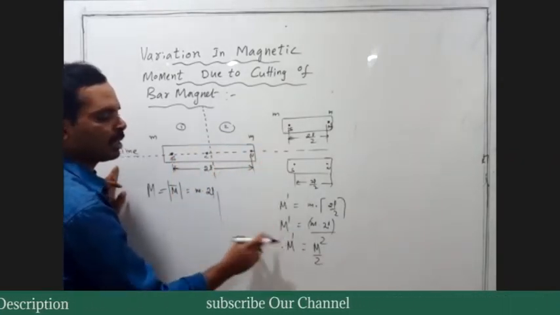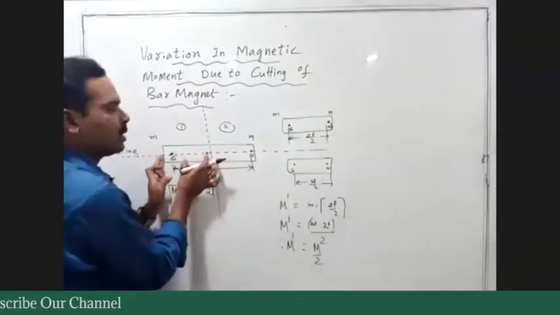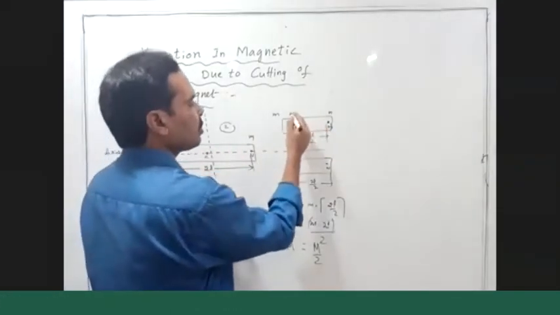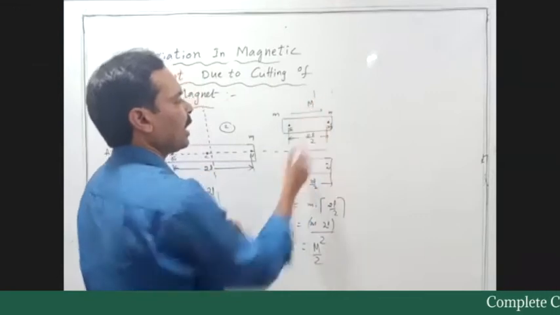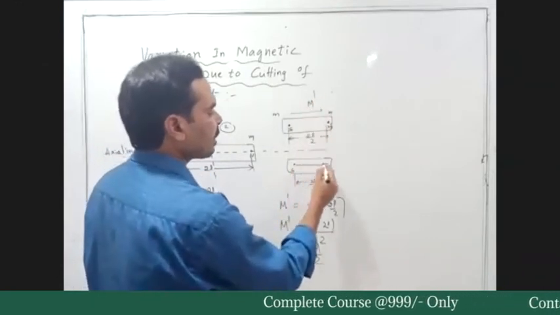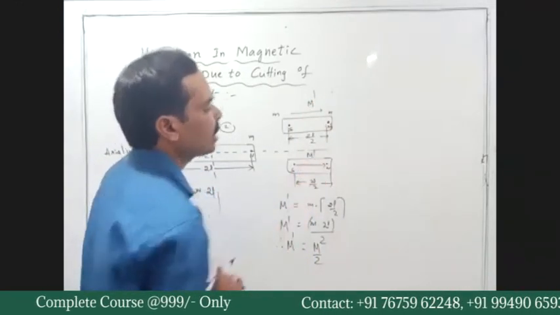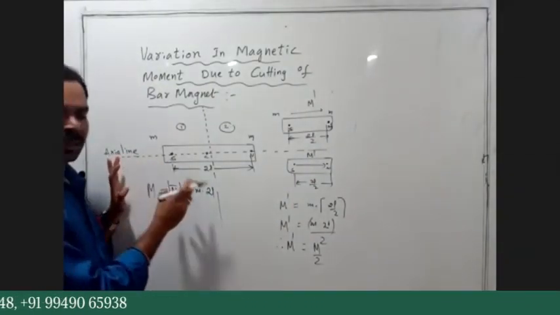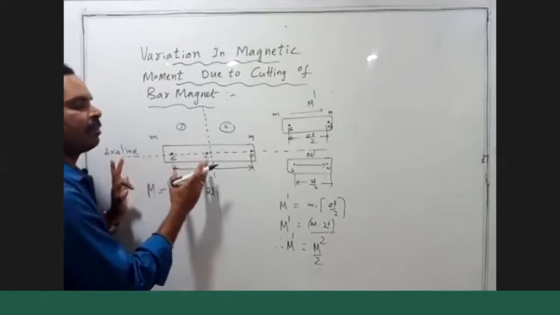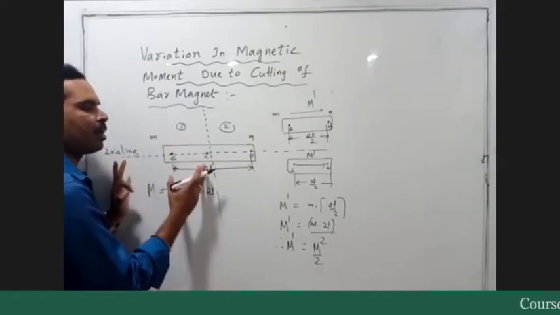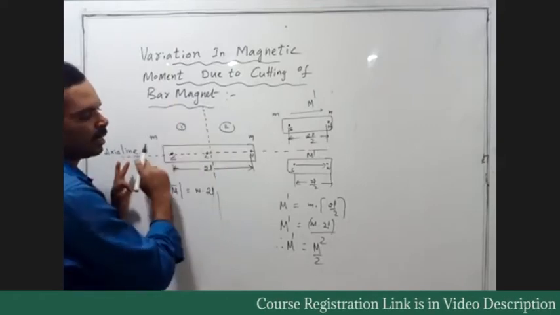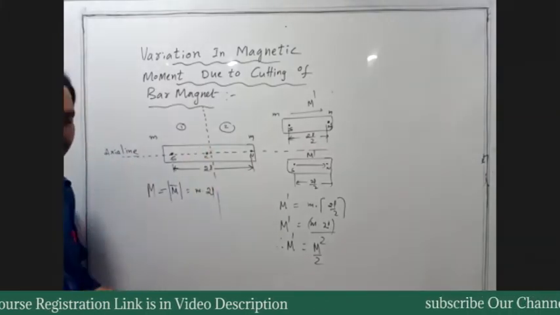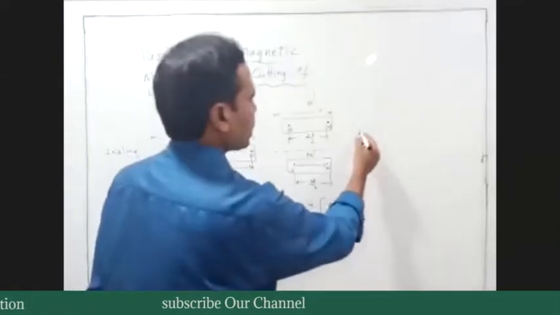Therefore, each piece acts like one magnet whose magnetic moment is M dash. This is the case of a bar magnet cut into two equal parts perpendicular to its axial line. Now you tell me,